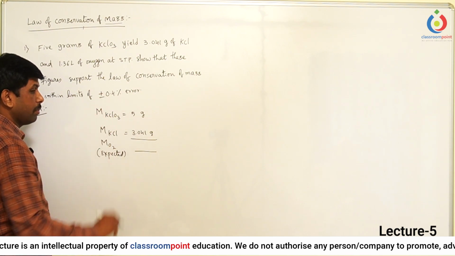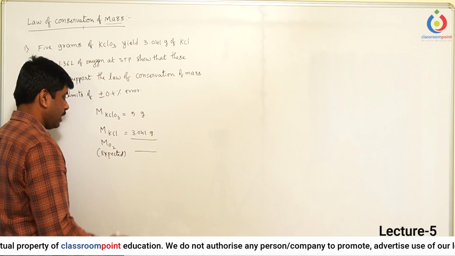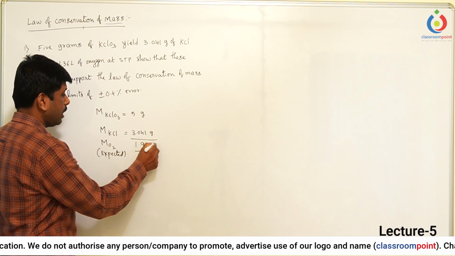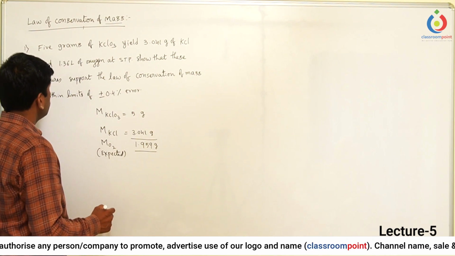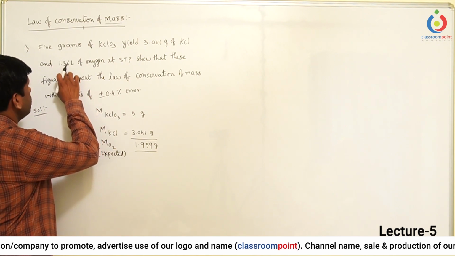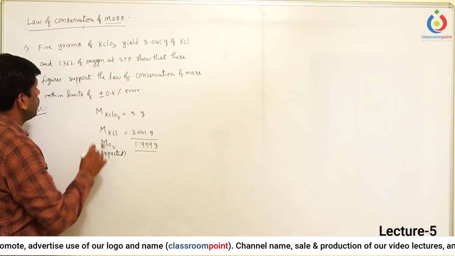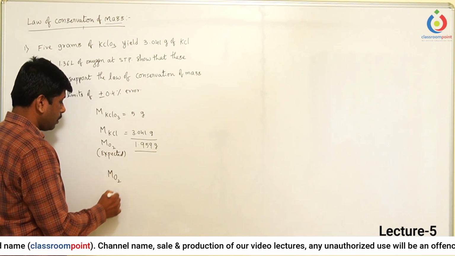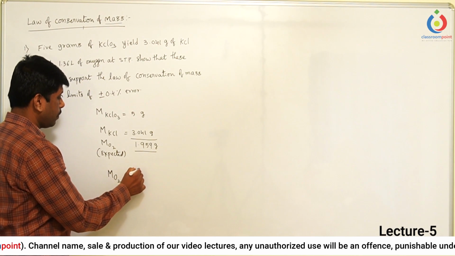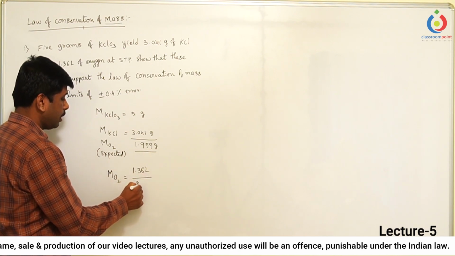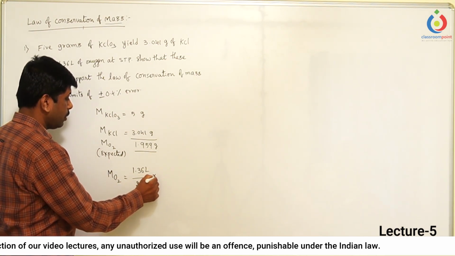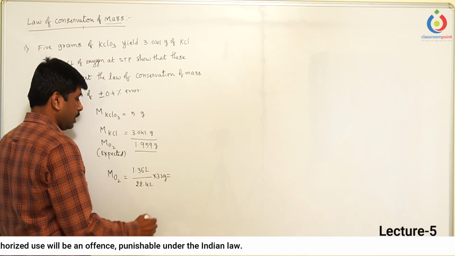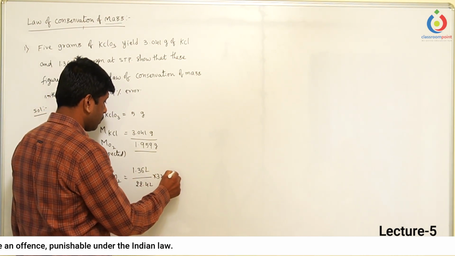Why? Because they said some error is there in the reaction. So this is equals 1.959 grams. So let's calculate the mass of the oxygen using this given information. Volume is given. So mass of the oxygen is equal to the given volume 1.36 liters divided by 22.4 liters into 32. 32 grams is the molecular mass. So this value, if we calculate this one, you will get